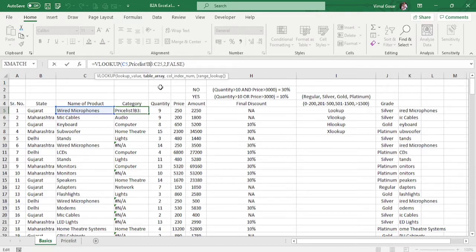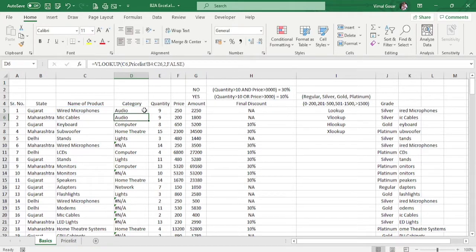We can convert it with the help of the F4 button. The moment I click F4, it will lock my column movement and my row movement. B stands for the column, 3 stands for the row. A dollar sign before a column or a row suggests that it is fixed now. It won't be moving. Same is the case for the other cell as well.